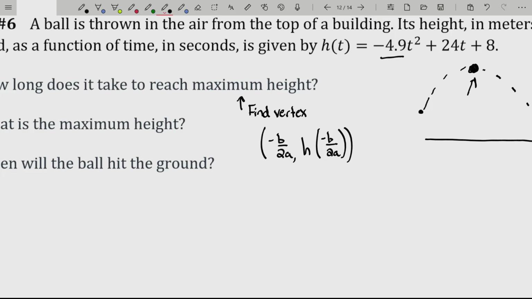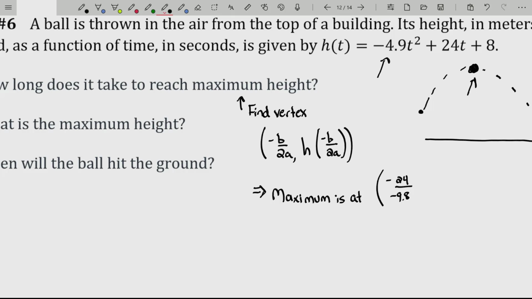Well, a here is negative 4.9, b is 24, and c is 8. Though c is not even used. Notice that's kind of interesting. C is not even used in this formula for the vertex. So let's see. This implies that the vertex, or the maximum, I should say, is at negative 24 over twice a. Here's a right here. Multiply that by 2. That'd be a negative, what is it,